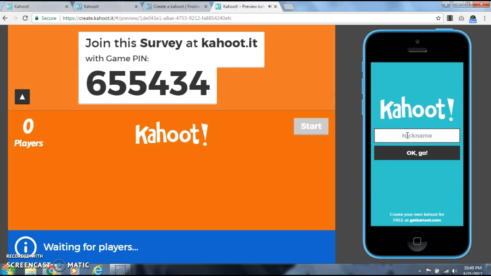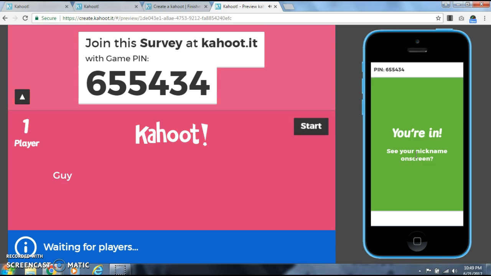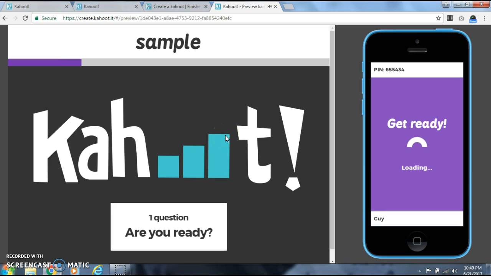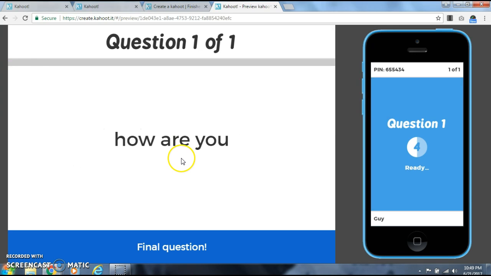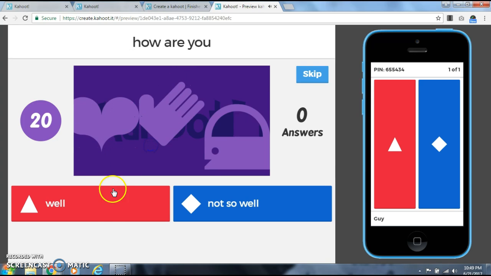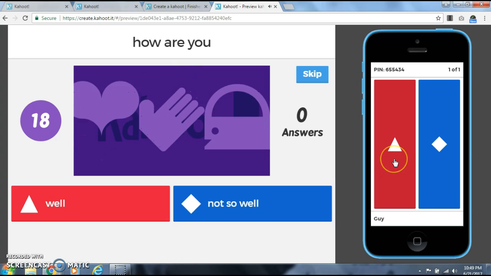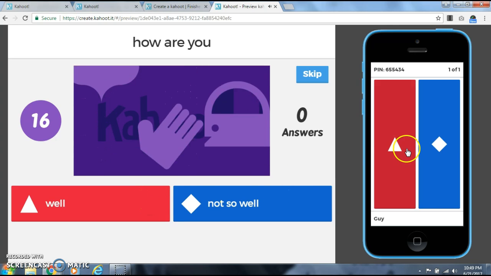They then come up with a nickname, and this is fun as long as it's school appropriate. I allow them to make their own. It's always fun trying to guess whose nickname goes with what student. But then they start. And as you can see, or as you will see, each question is presented, and then they correlate the shape and the color